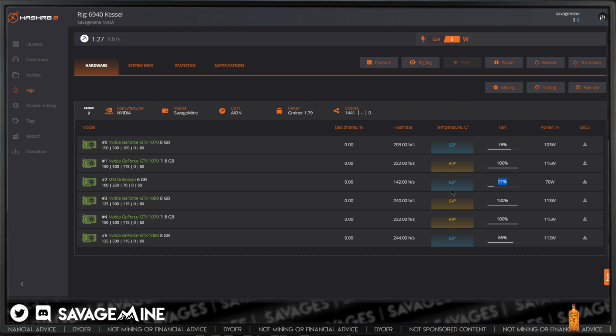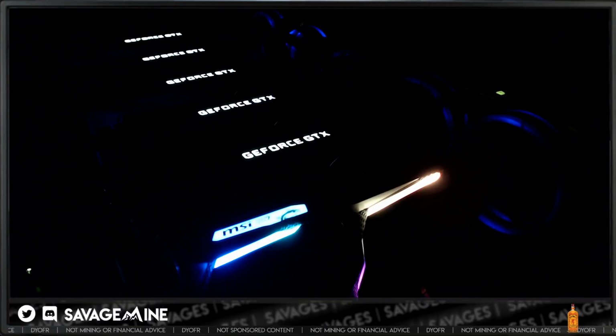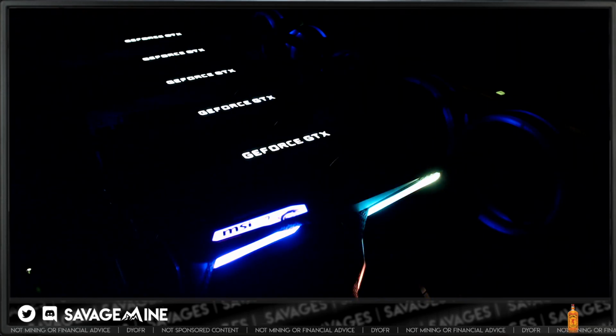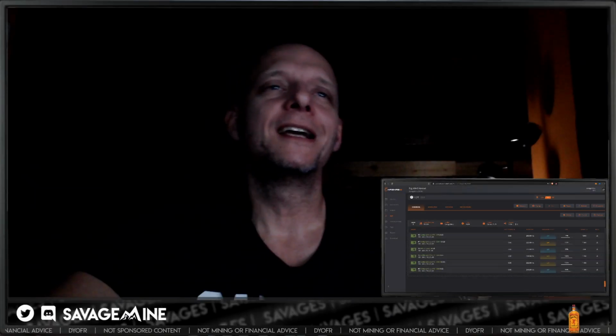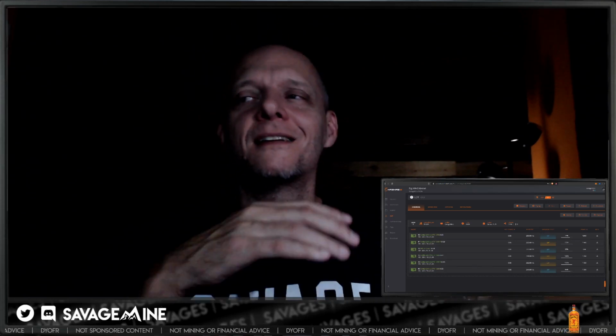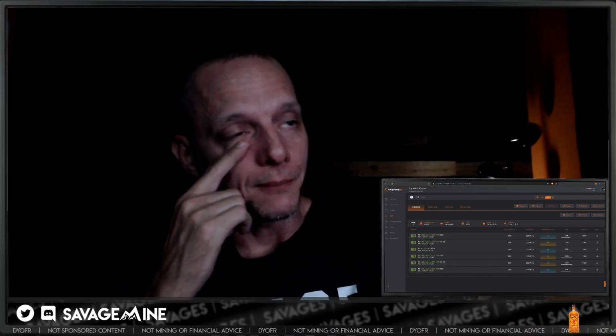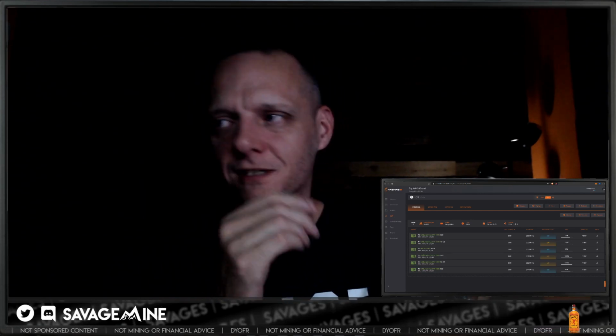I mean, look at this one, man. This is crazy how efficient this GPU is. Again, that's that 1660 Super. Not even 70 watts, 20% fan. Just killing it. Super efficient. Anyway, all these are blower cards, the Founders Edition. You can see them right here. So it's a 100% fan, and I probably need to redo those. You know what I probably did? I'm oftentimes too conservative with things, and I probably just didn't put enough thermal compound on it, if I were to guess what the situation is.